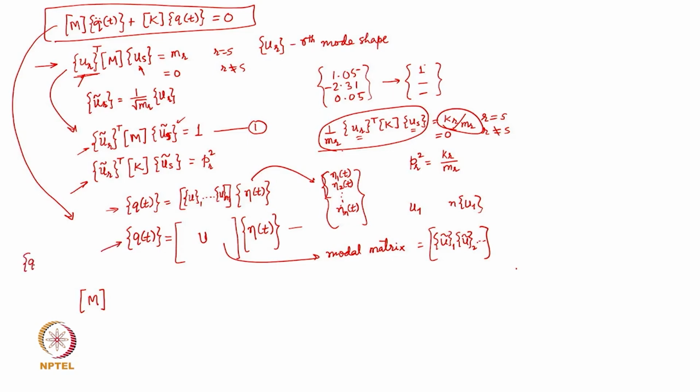Now, with Q double dot here, U is going to be a constant and eta being the time dependent harmonic functions. If I take the time derivative of eta(t), I can represent that as eta double dot(t). So, now this M Q double dot is going to be replaced by M U eta double dot(t), and plus this K Q(t) here is being replaced by